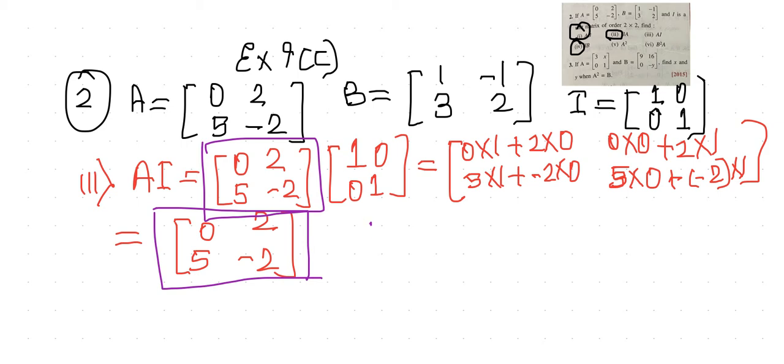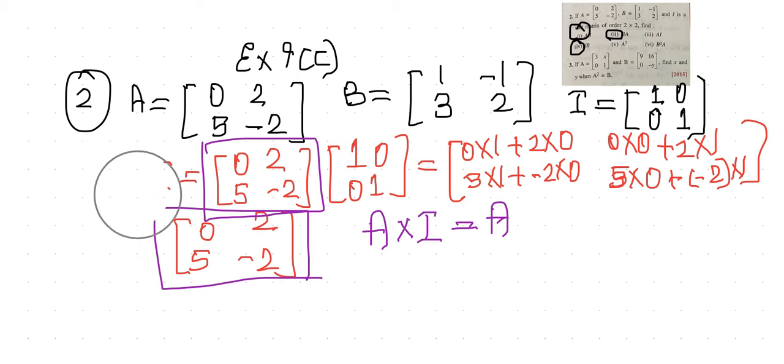So if you remember, I always told you that when any matrix is multiplied by the identity matrix, then we get the parent matrix only. Okay, so you can write this even without multiplying, but I did it for you so that you can see once how this goes. So whenever any matrix is multiplied by the identity matrix, it results in the same matrix. Okay, so now we will be moving on to the fourth sub question.